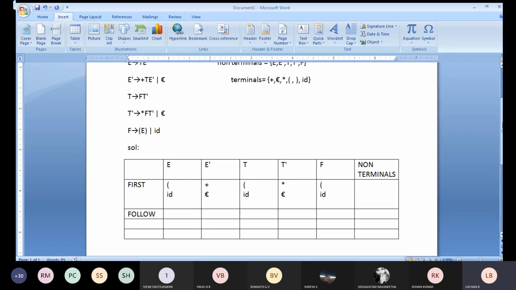After that, we are going to make the continuation with respect to the follow. I'll repeat once again. Whenever you need to calculate your follow result, first we need to calculate your first. Whenever first is completed, next we will be calculating your follow. That means the step by step sequence has been taken, so that we are going to make use of the dollar symbol here. Dollar indicates your right input marker. For all the follows, we will be applying your dollar symbol. Dollar symbol is nothing but one terminal we will be taking.